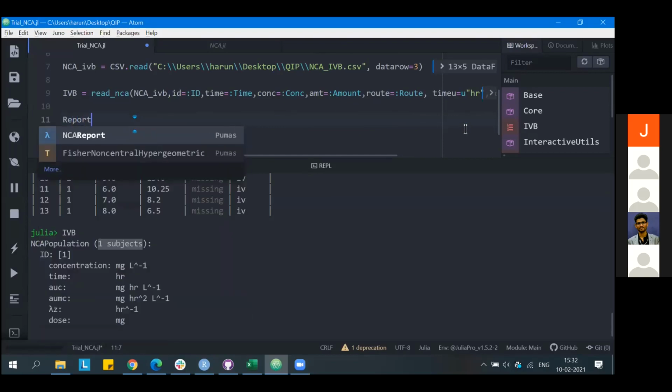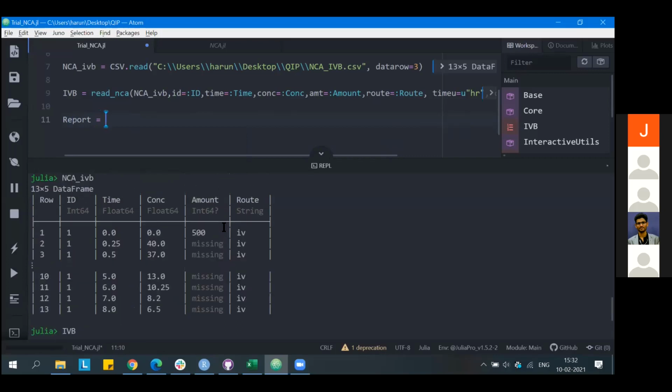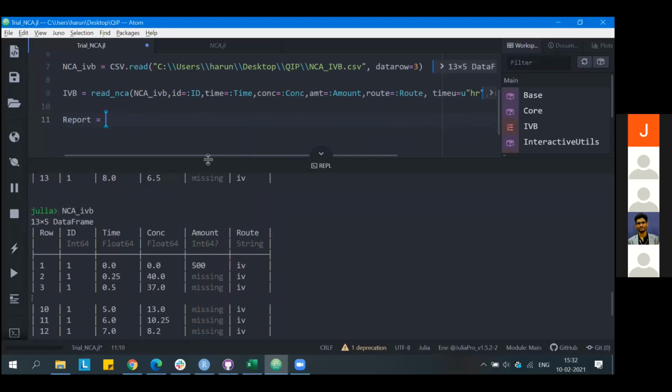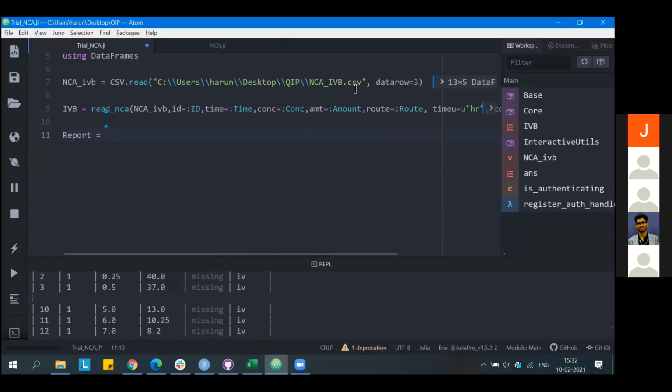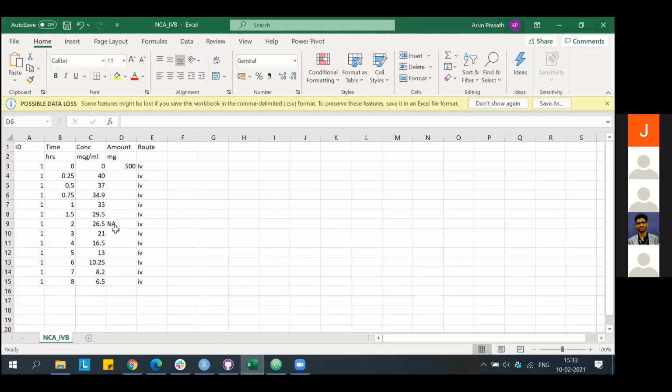Hello, sir. Sorry to interrupt, but you have not run the missing string command. How do we see the missing data here in REPL? The thing is, by default, it takes all the empty things, you mean the empty cells. But if you have any missing values which are not empty cells, like NA, as I showed you before, it takes NA as such and doesn't consider it as missing.